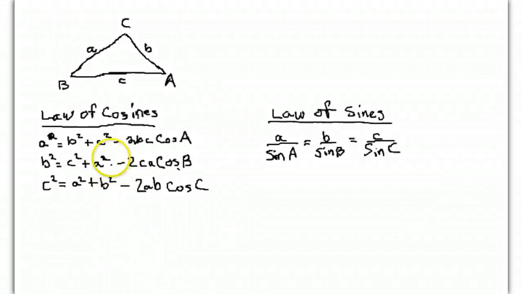So this is we solving a regular triangle. That's not a right triangle, just a regular triangle. You need two formulas to solve it. One formula is called the law of cosines. There are three different formulas for that, but you're only using one each time, depending on what letters you got. And then another formula is the law of sines. This is easier to use than the law of cosines, but you can't use it unless you got two of